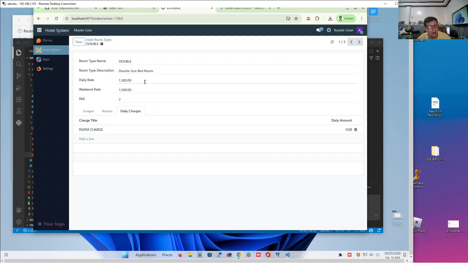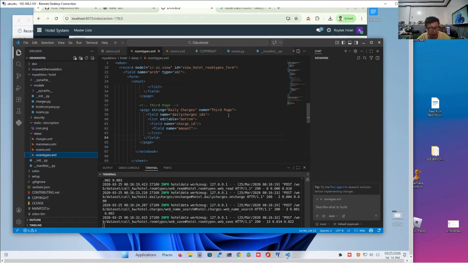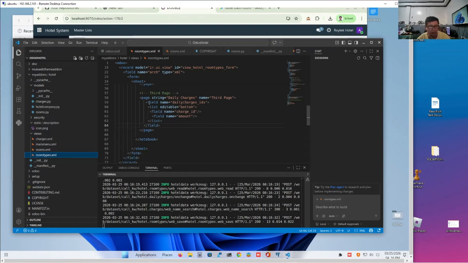So that's very interesting, no? It did not take us a very long time, and I hope you find it very easy because Odoo is designed that way. Let's look at the code. It's just a piece of code, a very short number of lines. I'm going to paste this in the description below, and in the next video, we are going to build